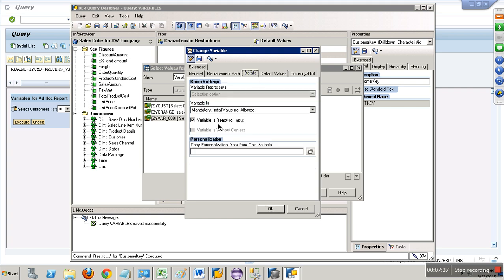So the checkbox here, variable is ready for input. When this is enabled, the variable screen is popped up to the user. Otherwise, no. If I deselect this,